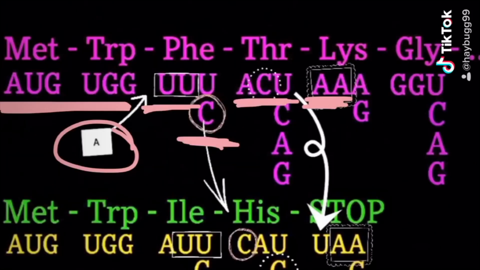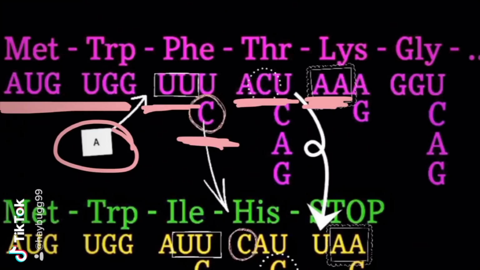If you want to double check yourself, this is how you should do it. Looking back at what we originally had written down, we know that the AUG and the UGG codons match the mutant codons. Then you have your A, which is inserted between tryptophan and phenylalanine. Continue reading down the normal mRNA sequence. Start with your A, AUU. That's what goes under isoleucine. CAC is what goes under histidine. The last one that we can be sure of is UAA, which is the stop codon for the mutant mRNA sequence. Everything matches up, and that's how you do it.